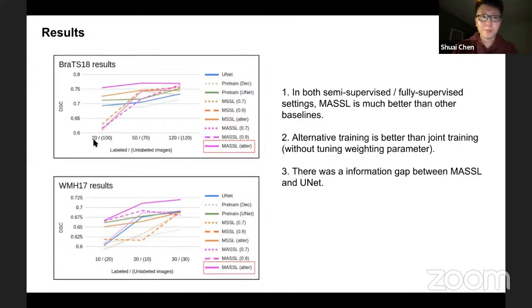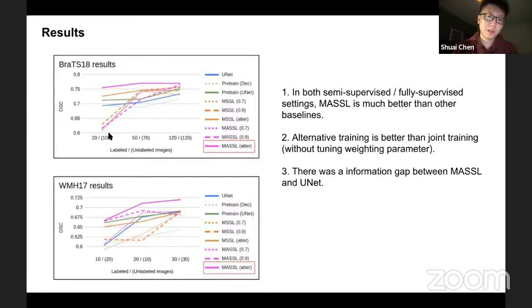The numbers 20 and 100 indicate we use 20 labeled images and 100 unlabeled images. And the 120 images are the fully supervised setting. We use the same images for both unlabeled and labeled images for both tasks. So we can see that when given very, very few images, our method already achieves competitive results compared to the fully supervised one.